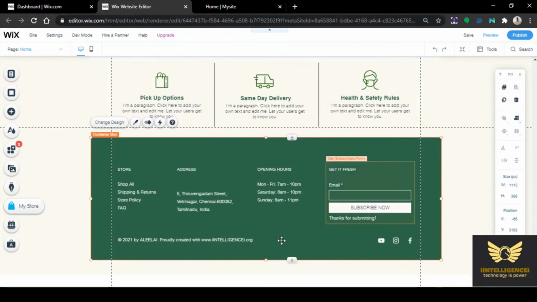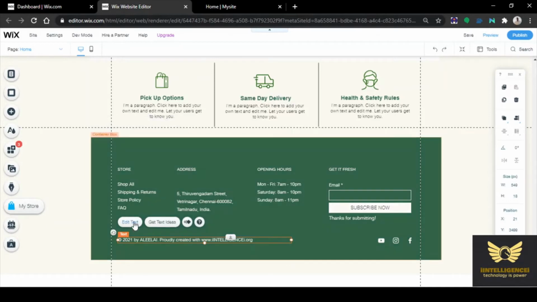So similarly, you can do any changes that you wish. Any number of changes you can make on this site.